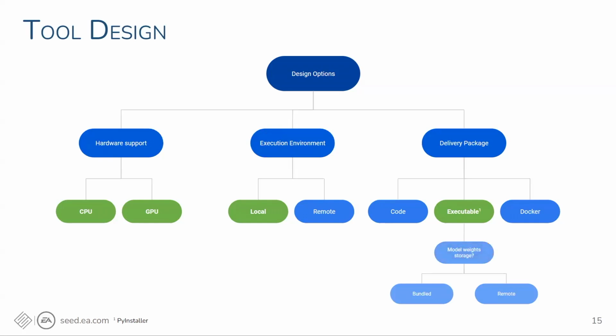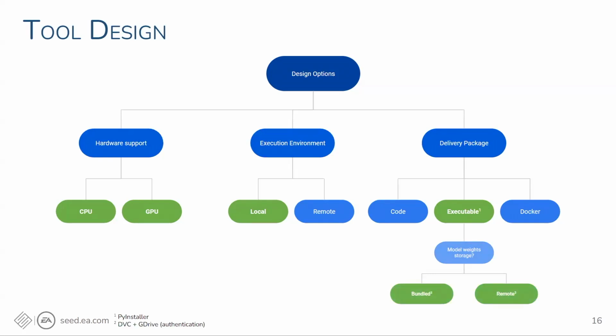Bundling the weights together with the tool has several drawbacks, including the increased size of the tool itself. There's another one, of course: if the model and the weights were to be linked together, that would be a security risk.